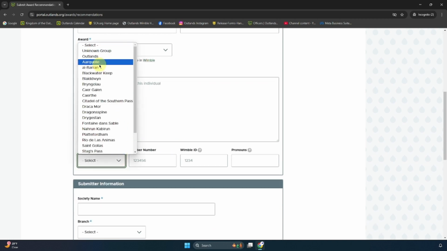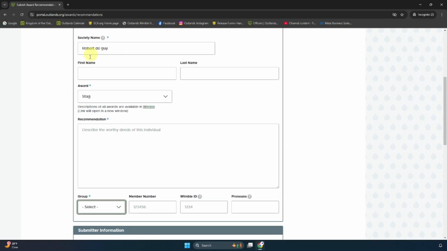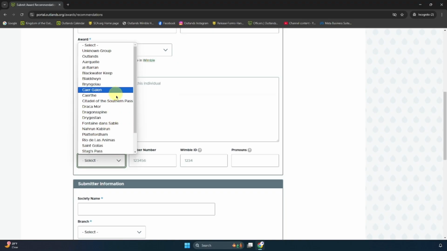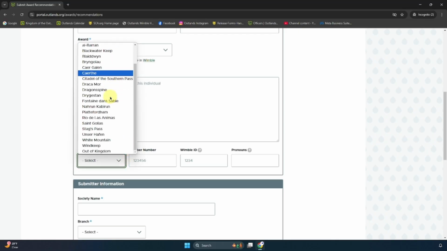You want to include the group that the recommended individual is from. If you do not know, you can just put unknown group. If they live in Kingdom Lands and not within the border of a recognized group, Outlands is acceptable as well. You want to try to make sure you select the right group if at all possible, partly so that if